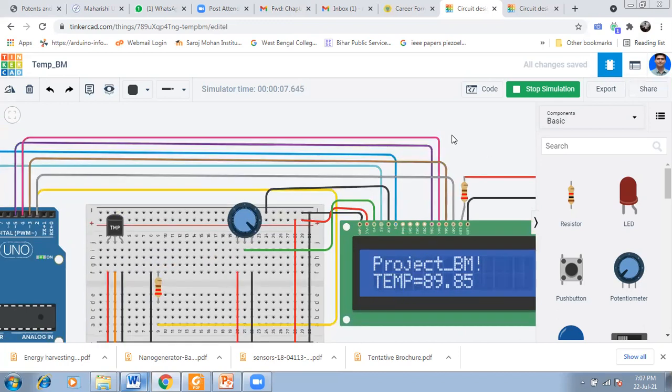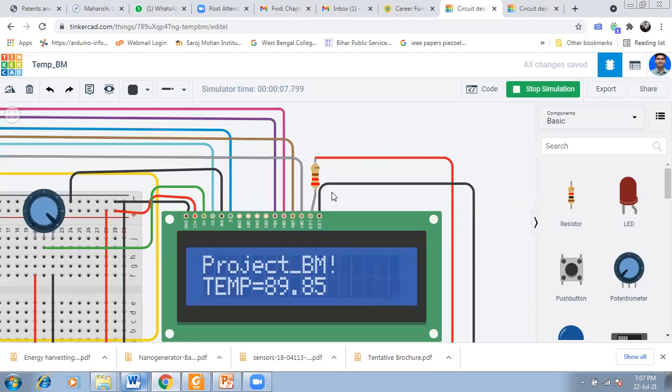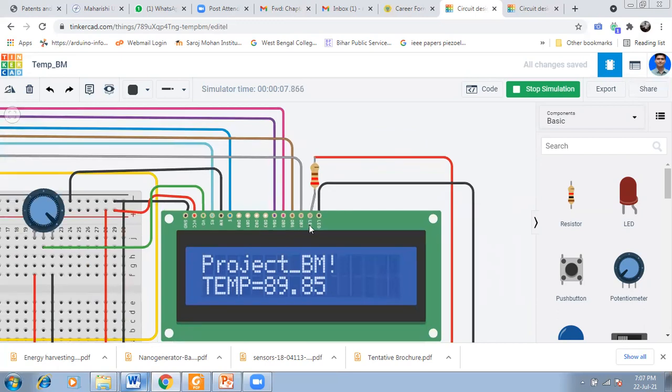And finally, this LED, that is anode. Anode means it should be connected to the positive terminal of the battery, that means with plus 5 volt through a 220 ohm resistor. And the negative terminal should be connected with the ground potential.